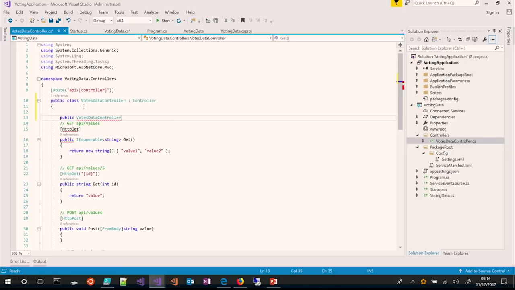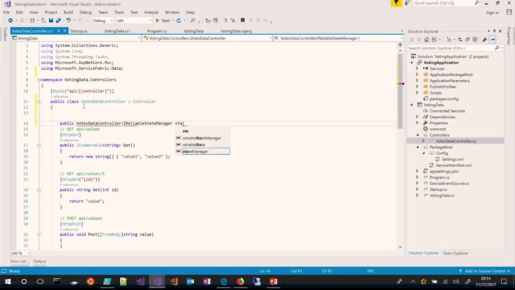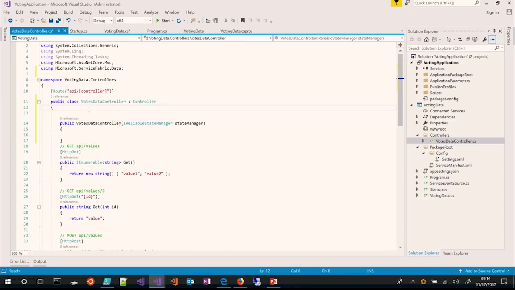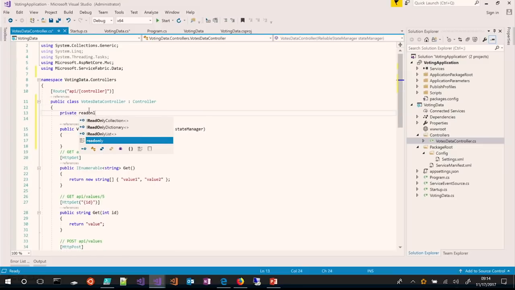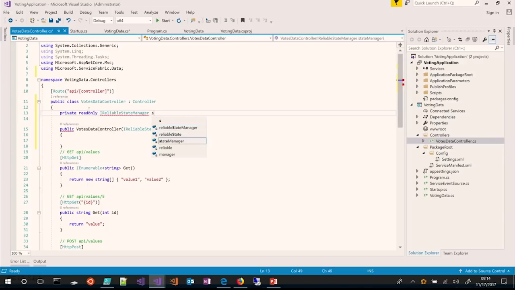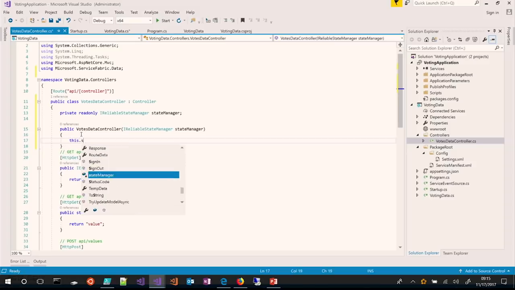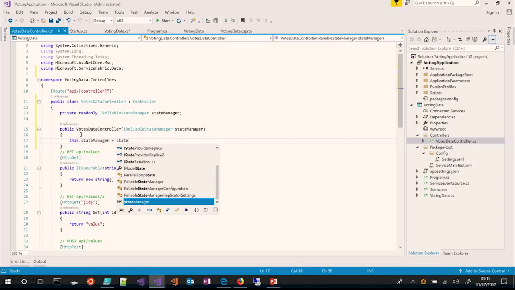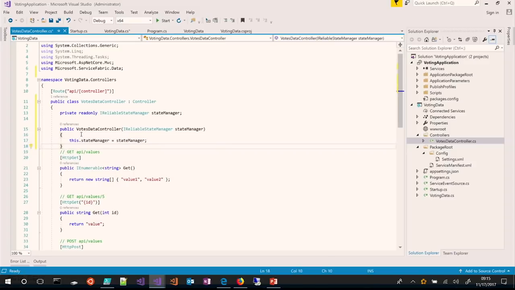So if I create my constructor here and I say I want my IReliableStateManager, like so, then the dependency injection will automatically pass this in. And so then I can just save this in a private member variable here, my state manager. And just like that, I've got access to all of the stateful goodness that comes with Service Fabric